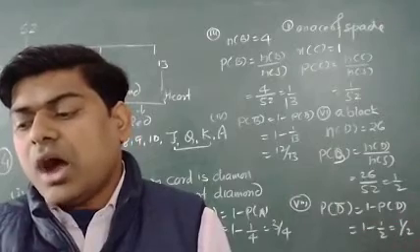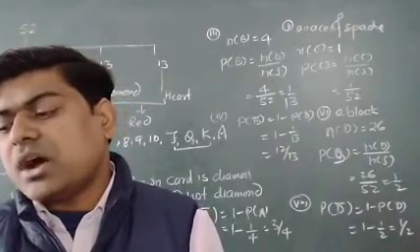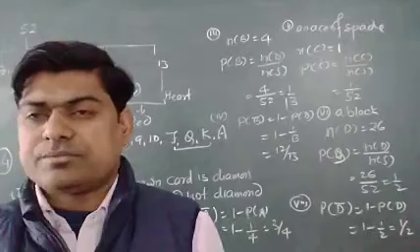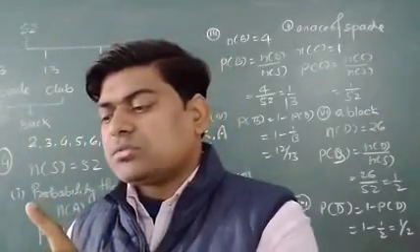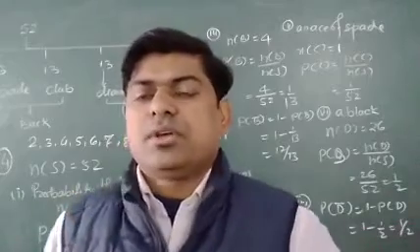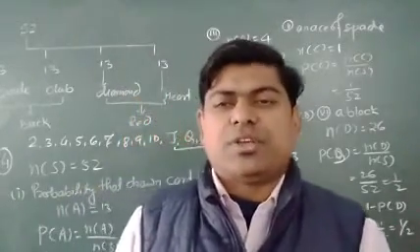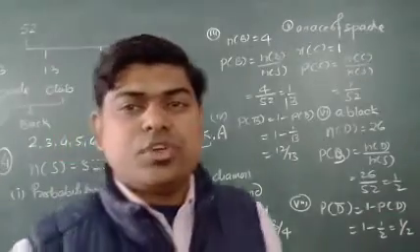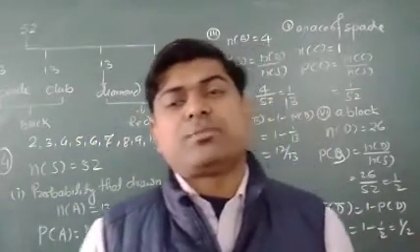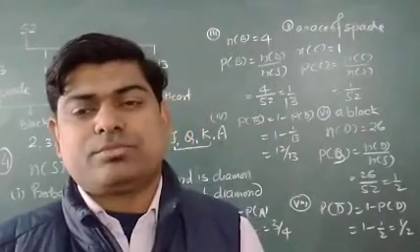A king or 9 of hearts or 3 of spade. 4 kings, 1 nine of heart and 1 three of spade. 4 plus 1 is 5. Actually these things, that OR word is there. In the coming exercise I'll discuss, like I'll take two events A and B, and then after I'll find probability of A union B also for you people.